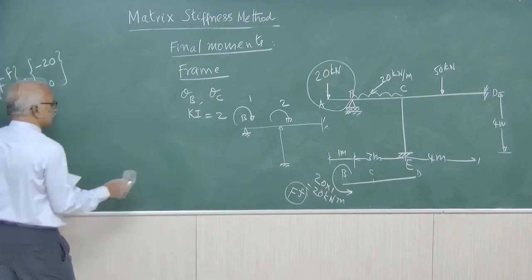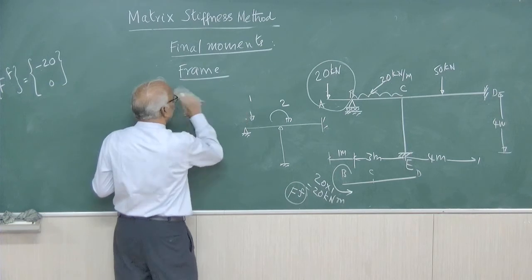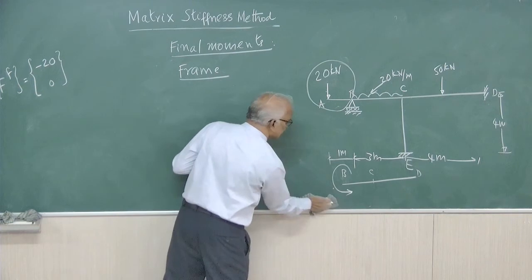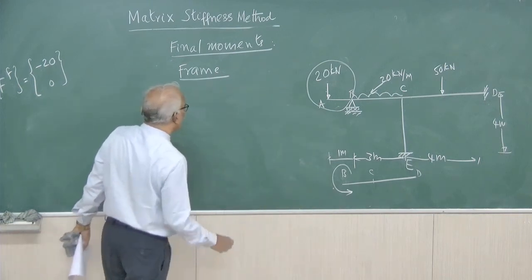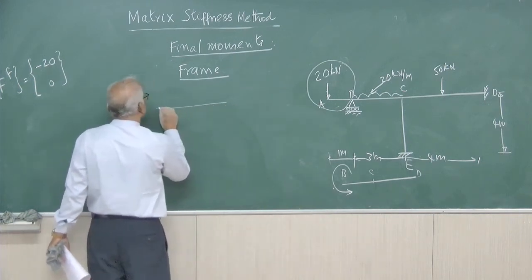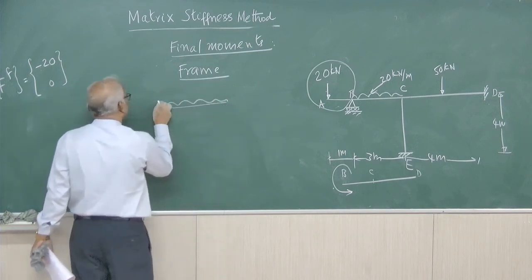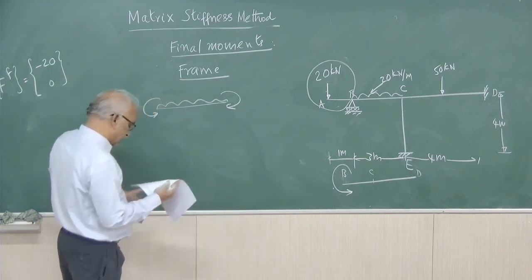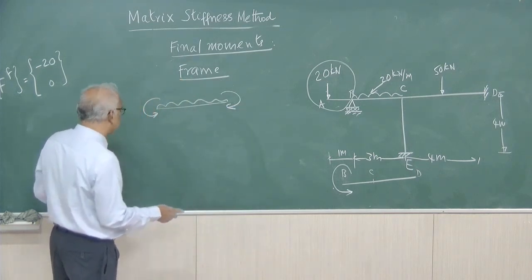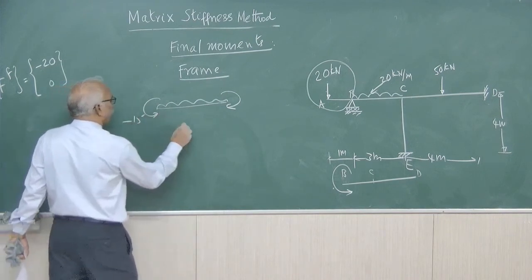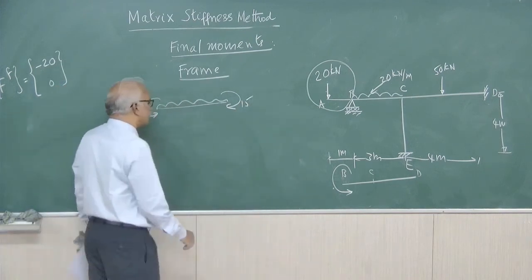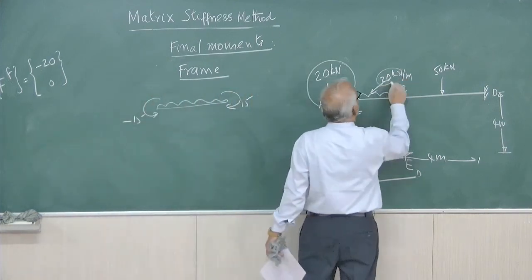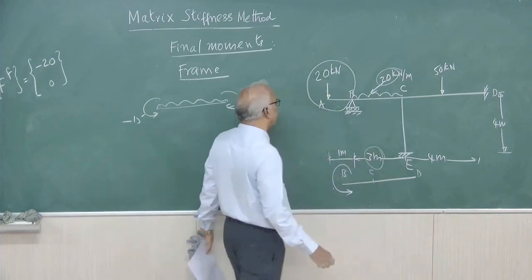Next, I am just giving only the outline. This is F of F. Now, here we can find out the fixed end moment. Due to the UDL, it is WL square by 12. Here it is plus WL square by 12. The numerical values will be minus 15 and plus 15. So W is known, 20. L is 3 meters. WL square by 12 will give these values.